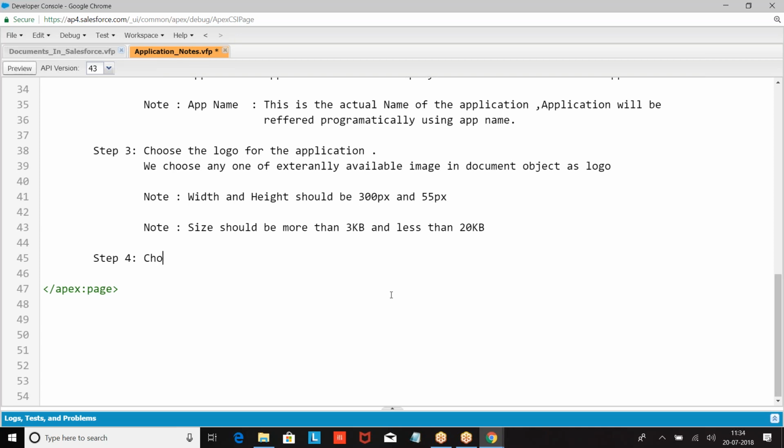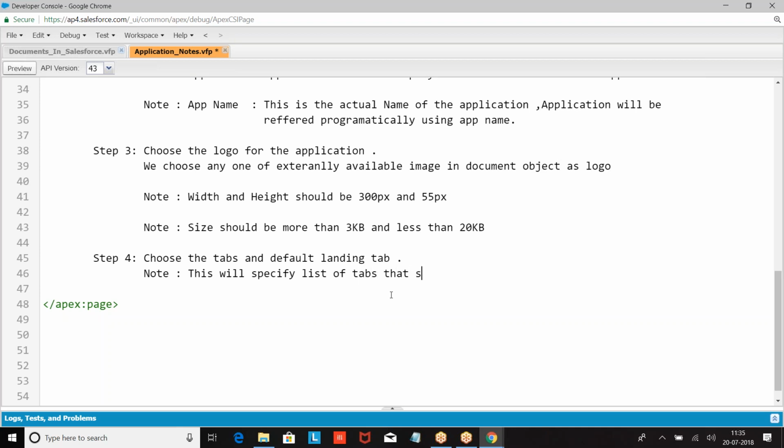Step 4: choose the tabs and a default landing tab. This will specify the list of tabs that should be displayed in the application.